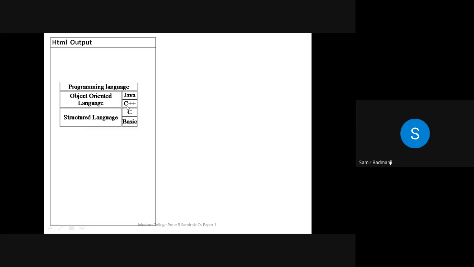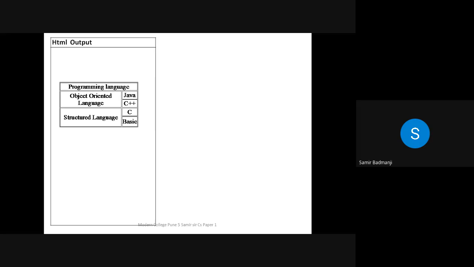This is first column and this is the second column. So for writing the programming language, first will be TR, then TD, col span equal to 2, programming language, close TD, close the row. Now next row will be what? Object-oriented language. So for object-oriented language, what you are going to use? Row span or col span? Row span.